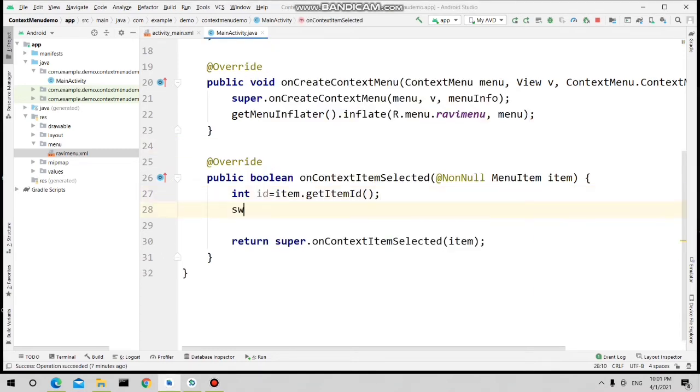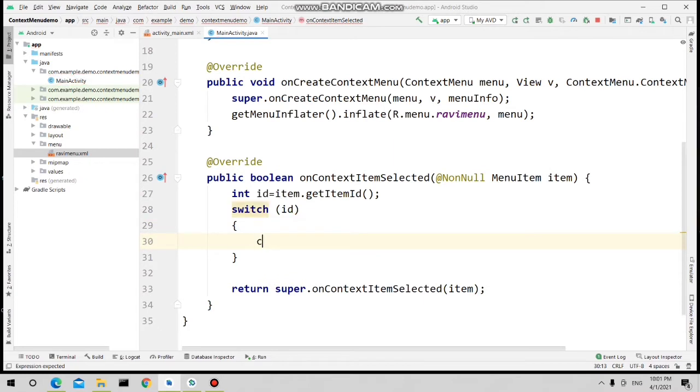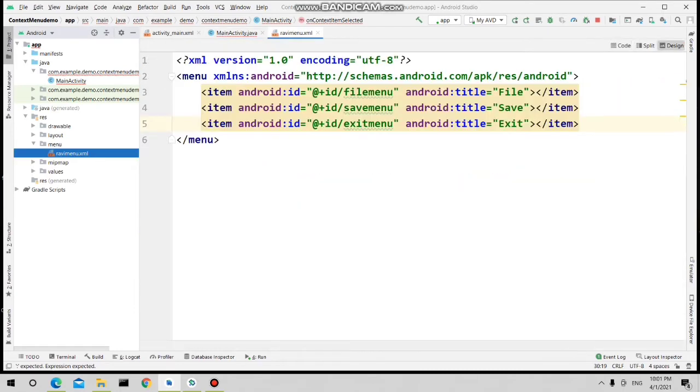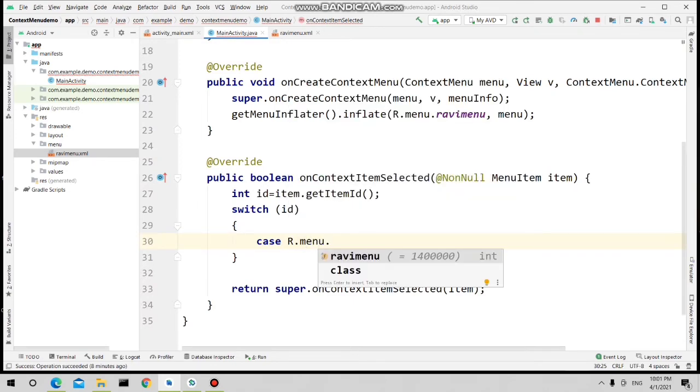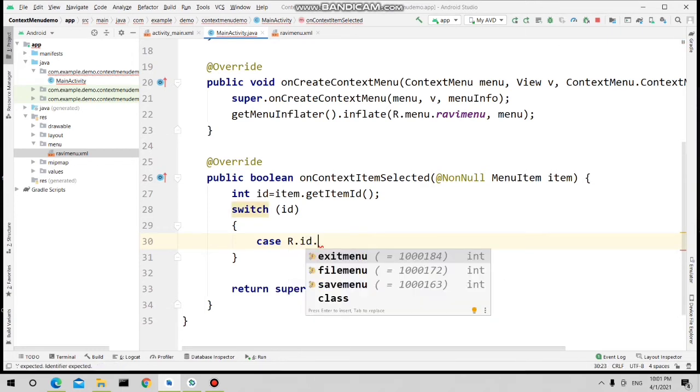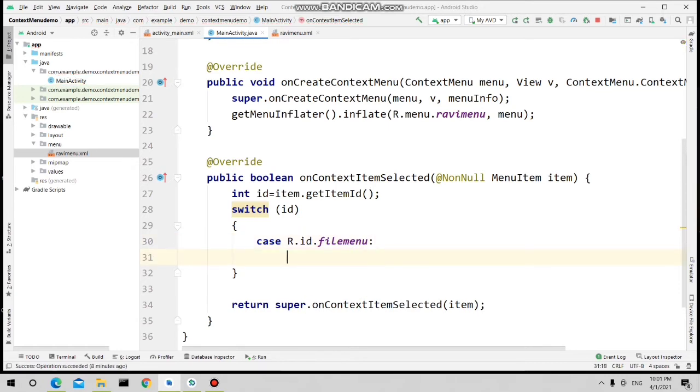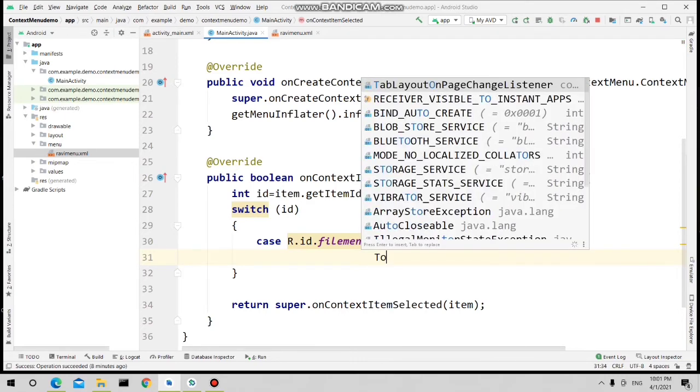Now I'm simply comparing that ID with the ID of each menu item. I'm using a switch case, and we have already seen that we have given unique IDs for all three items: file_menu, save_menu and exit_menu. So I'm comparing the ID of the selected menu item with all those. R.id.file_menu is the first one, and whenever that menu item is selected, right now I'm only displaying a toast with the title of that particular selected item.